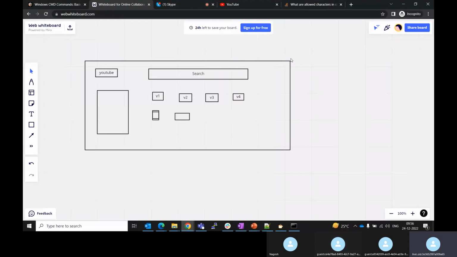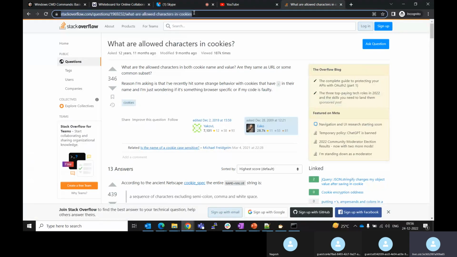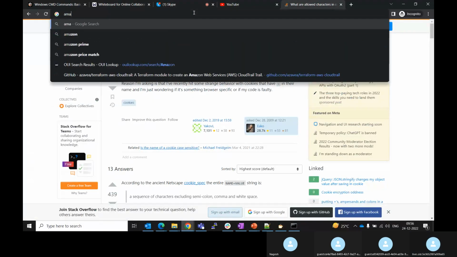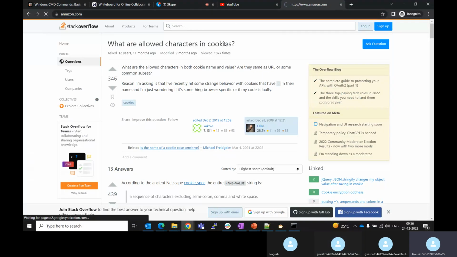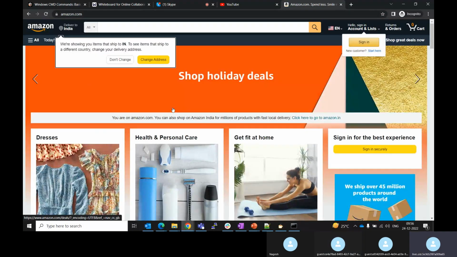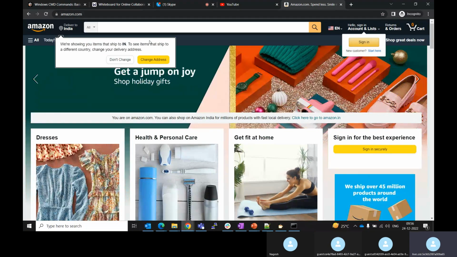Coming to our topic, the browser cache stores the skeleton of the website, all the contents. Other than YouTube, if you go for Amazon, for amazon.com, it automatically goes the same way. If you are using amazon.in,